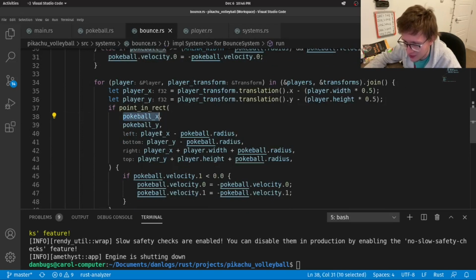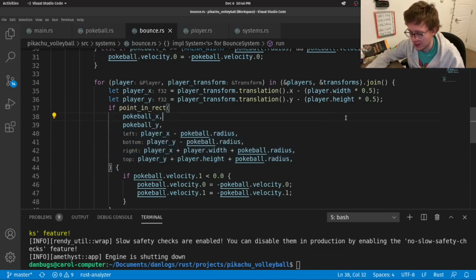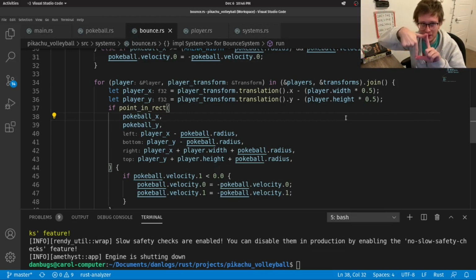And as mentioned, the pivot that we'll be looking at is the Pokeball. So we want to check if this point is inside of this rectangle. Now this rectangle is just a rectangle expanded off of the player's dimensions for the Pokeball, which is the same idea as the walls, pretty much. So you have a rectangle, which is delimited by player X, player Y, and player X plus the width, player X plus the height to indicate the right side, top side, left side, bottom side.